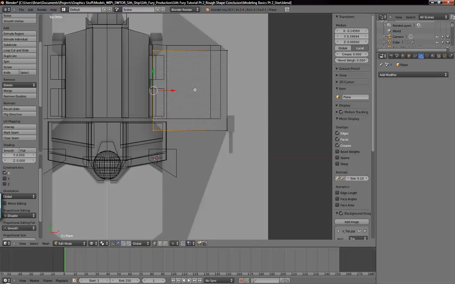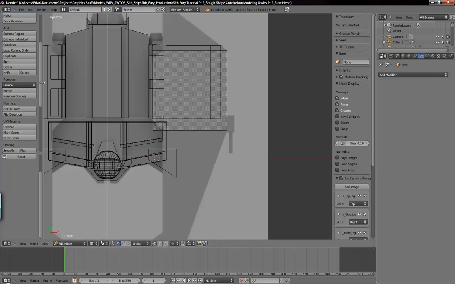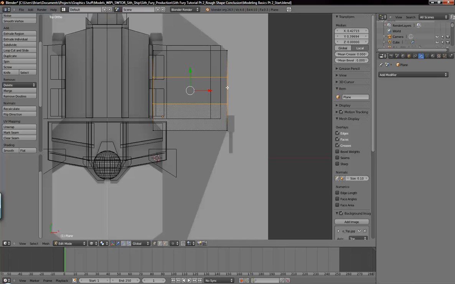Okay, and we need to do some loop cuts, so deselect everything, Ctrl R, and now we need 2 cuts, one here and one right here. To do that, when you get along the face, along the edge that you want to cut, you can use your mouse wheel to increase or decrease the amount of cuts that you make. In this case, we just need 2, so we'll go ahead and roll that up there and left click,